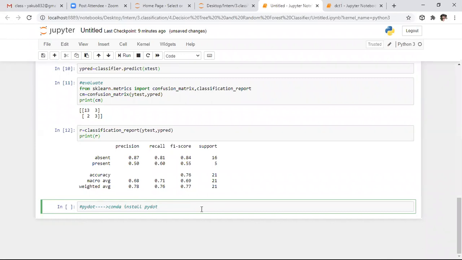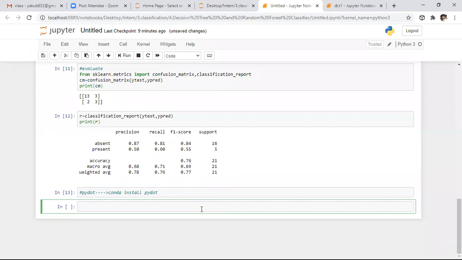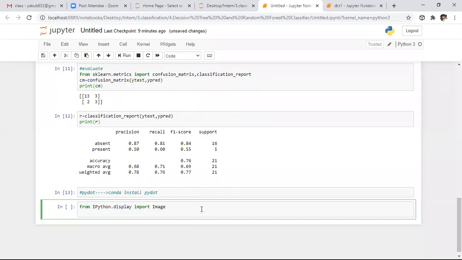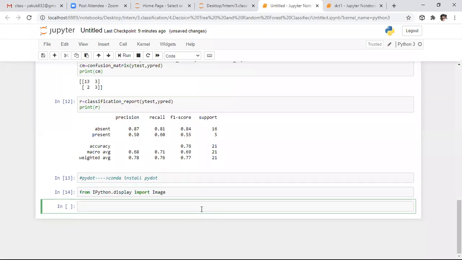So here I will show you how to plot this tree. For this purpose, we need to import a lot of packages. So here I am importing all those packages. I want to display the decision tree from my Python. So we need to check each and every line whether it is present in my laptop or not.